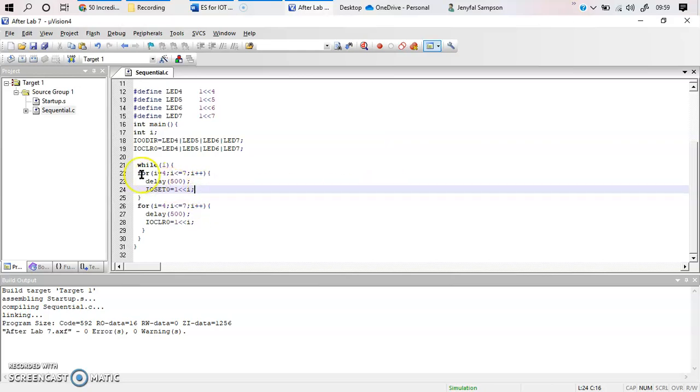Now after this loop is completed, it is going to come into this particular loop, and this is for turning off. For turning on, I hope you remember you use the set function over here. For turning off, you will be using the clear function, and the syntax is just the same. There is no change over here. You can see that for 4 to 7, I plus plus, same delay function. Instead of set over here, you're going to be using the clear function.